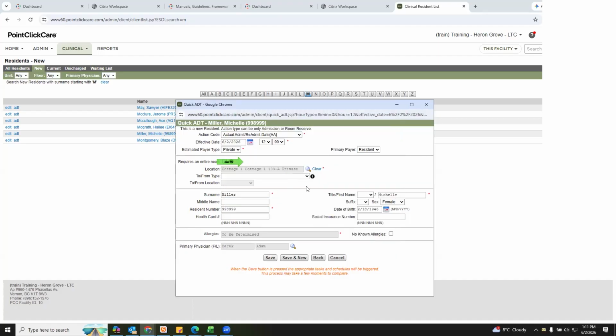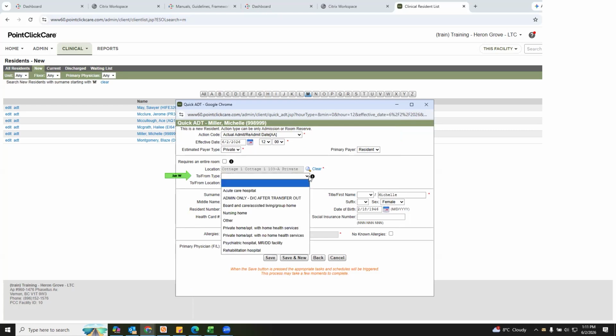Where are we receiving this resident from? This to/from type is critical, not so much for InterRAI LTCF, but when we circle back to expand our adoption of PointClickCare and rollout, this will be critical in helping your leaders track rehospitalizations and residents at risk for rehospitalization. So things like acute care hospital, where receiving that resident from an acute care hospital is extremely important to